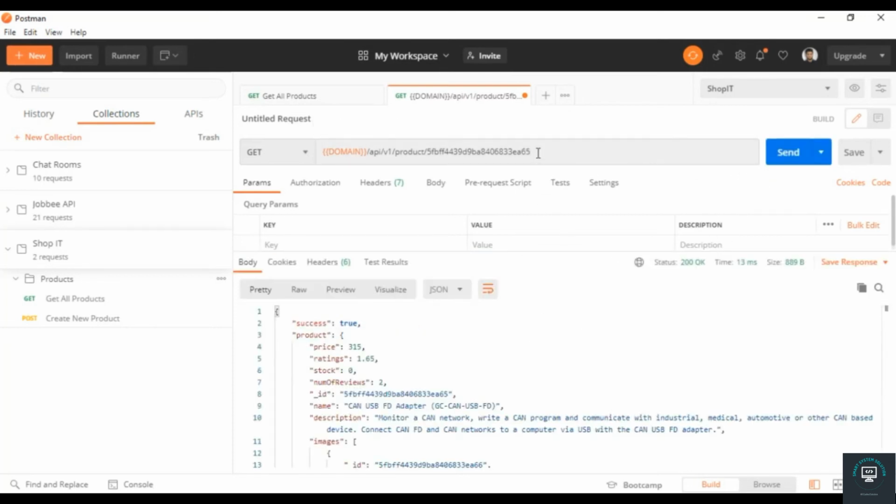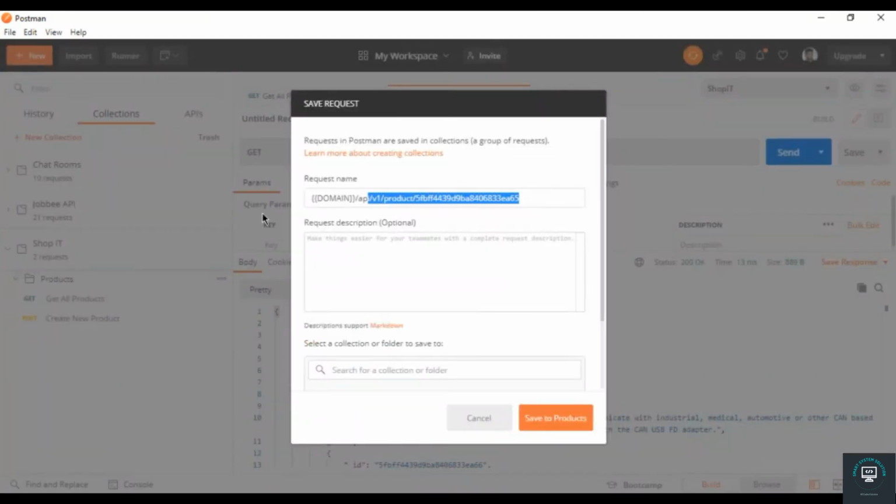So it is working properly. And if I type here a correct ID, if it is present in the database, we can get the product from there. Okay, so that's it. Yes, let's save it first of all. So simply type here get single product by its ID. Now one thing is optional, like I'm using the Postman to test my API, but if you are